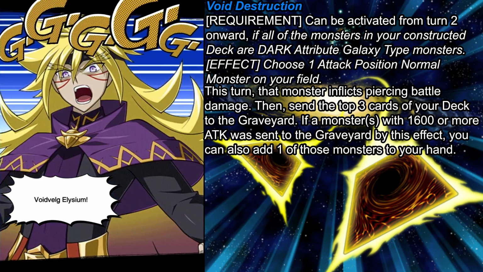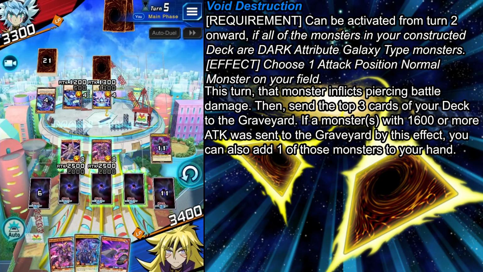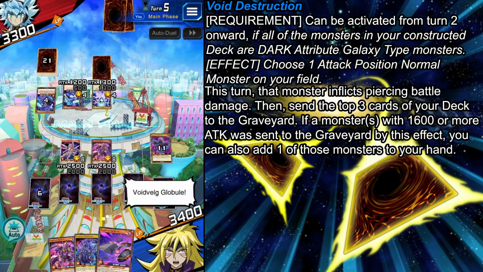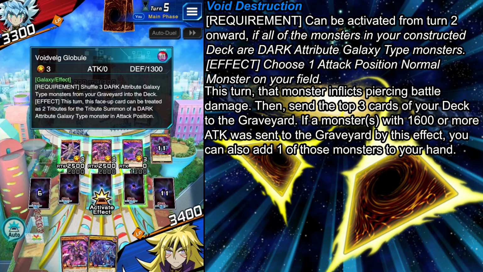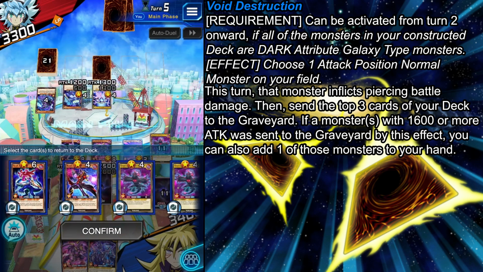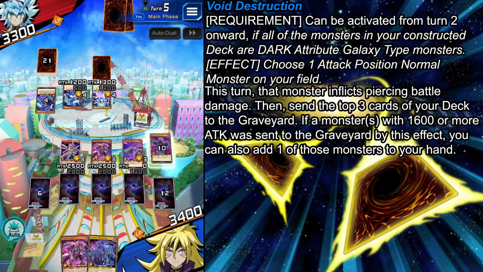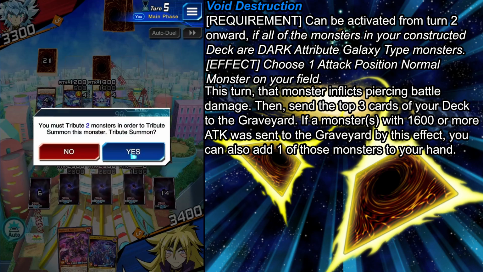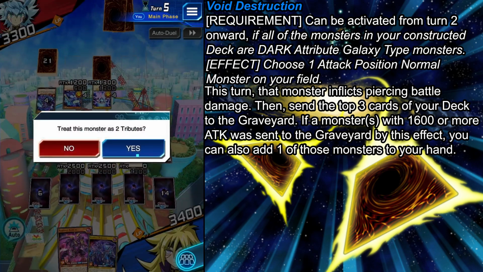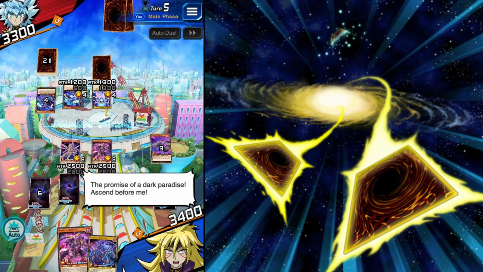Due to the deck building restrictions, your normal monster options are 2 1500 attack monsters, a 0 attack monster, and the convention-breaking 1600 attack Void Velg Pale Rider. So this is not completely consistent, but you are more than likely to be able to dump half your deck into the graveyard over the course of the game, and even if you need some of those cards back, Void Velg Cataphract can get your bosses into your hand, while Void Velg Globule can put them into the deck for later. Between these two, there is a